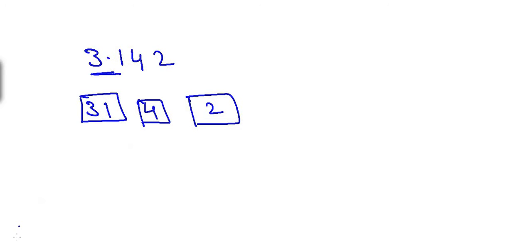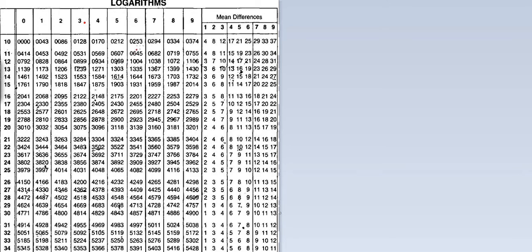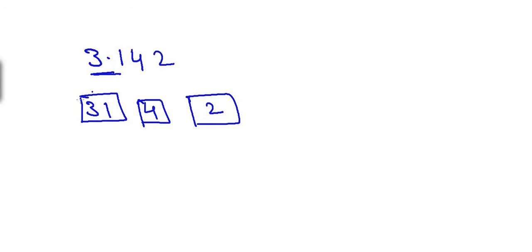Now to find the mantissa we need a log table. So this is the logarithmic table. Make very sure that it's written logarithm at the top of the page when you find a log, because so many times when we are working on the log table, we forget to turn the page, and so many times we check logarithm in the anti-logarithmic table or anti-logarithm in the logarithmic table. So don't do that. Always be sure that you are on the proper table. So now we need to find the log of 31, 4, 2. Let us try to locate this 31, 4, 2 on the log table.